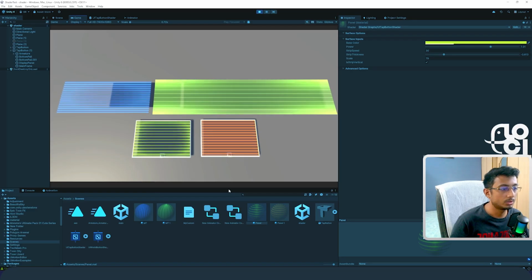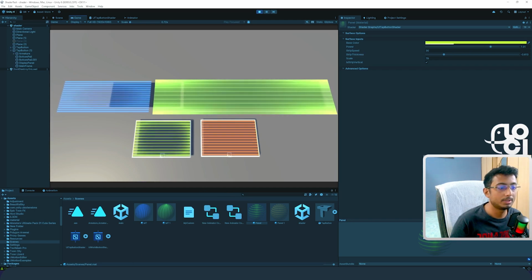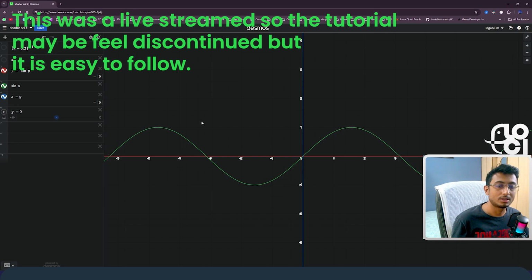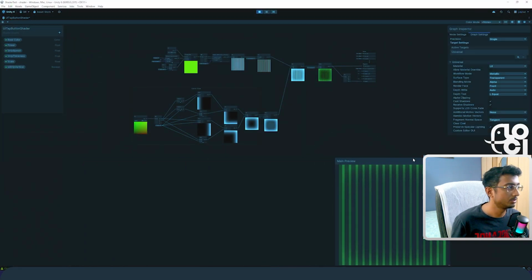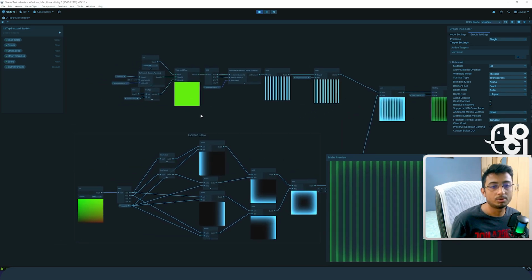So what we are going to learn in this tutorial is how to make this shader. Also, I will be explaining the maths behind this. It is really simple math, just manipulating a sine waveform. I have seen many tutorials where they just tell you to follow some instructions in the node based environment, but I will also teach you the math. I think that will help you make your own shader and modify this shader into an upgraded version as